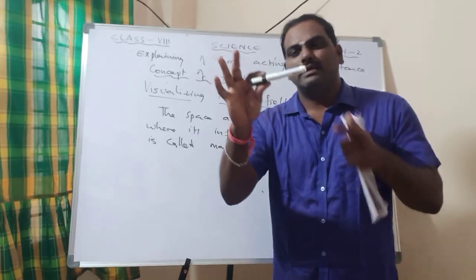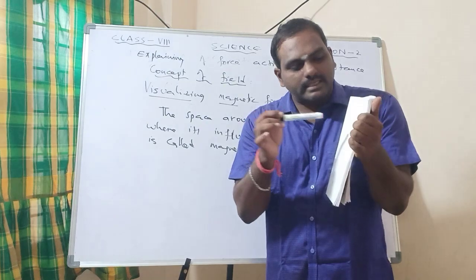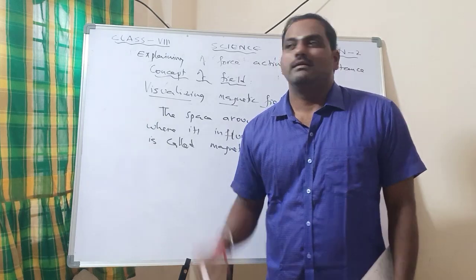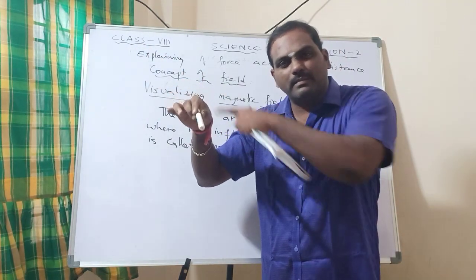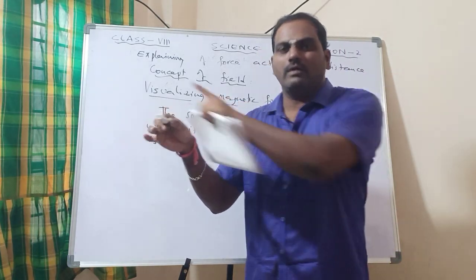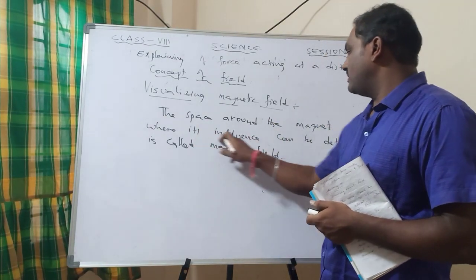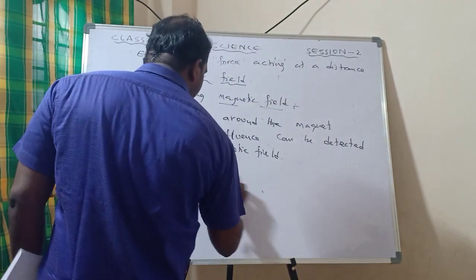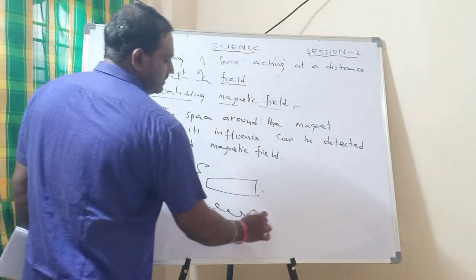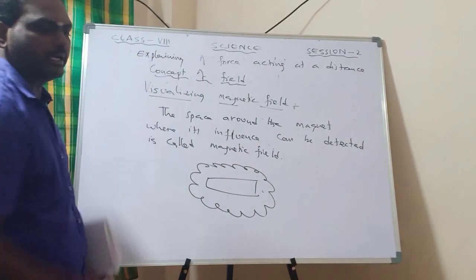If you take a bar magnet, its magnetic force will be only up to some distance. That is why if you bring an iron piece near the magnet, it sticks, but if you keep the magnet there and the iron piece here, it does not stick. Why does it not stick? The magnet has that force only up to some extent. If you bring iron or any nail near it, it automatically attracts. That means it comes under that field, the space around it is influenced. So if you take a bar magnet, it has influence only up to some space. This area is called the magnetic field, right?